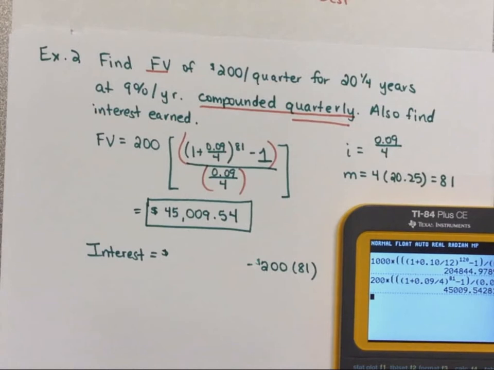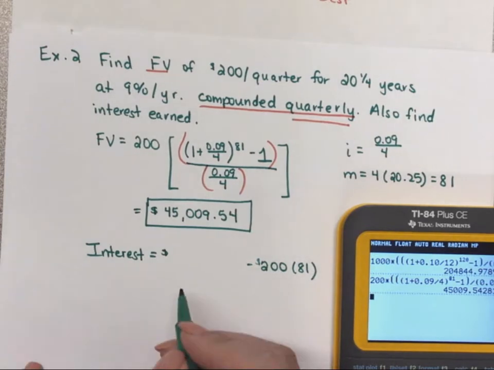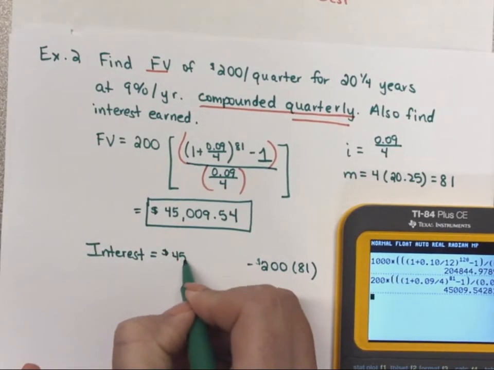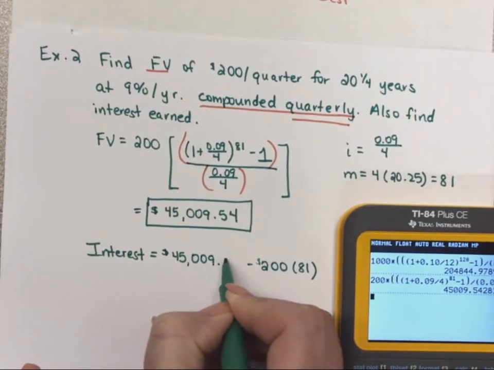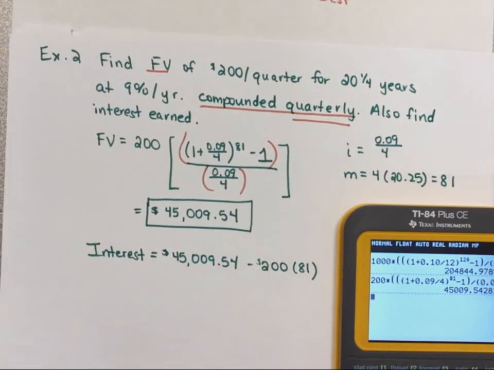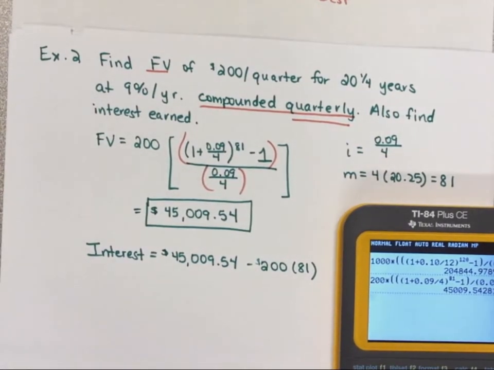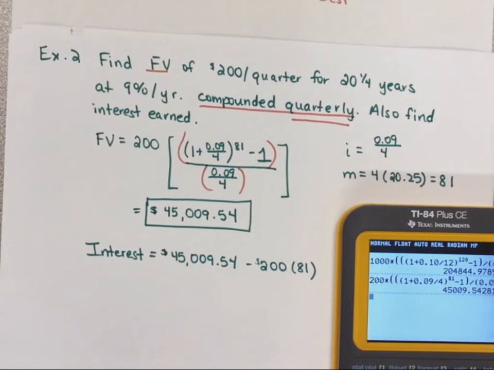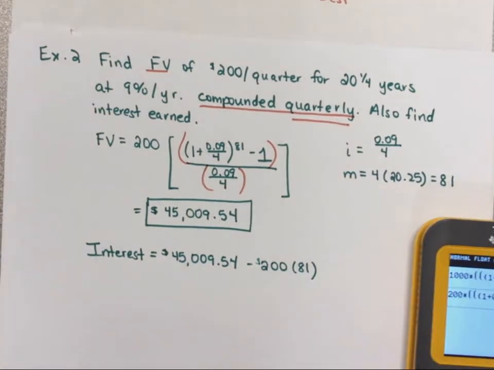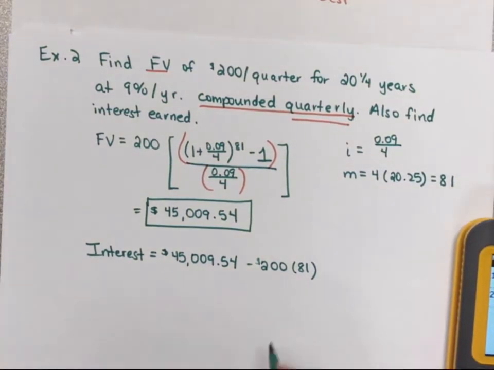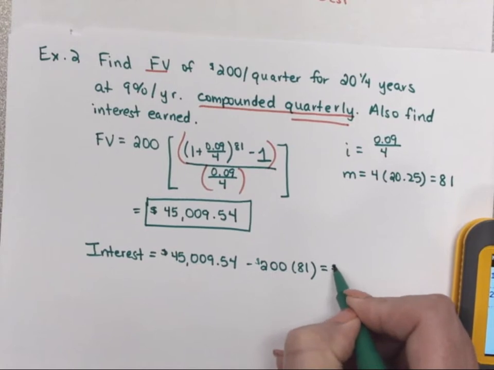So once you get that, let me know and I'll move it over, because it cuts off some of it. It can take a little practice to make sure that you're getting the calculator button pushes right. But then when we want to find the interest, we just take that quantity minus the payment times the number of times we made that payment, right? So if you work that out,